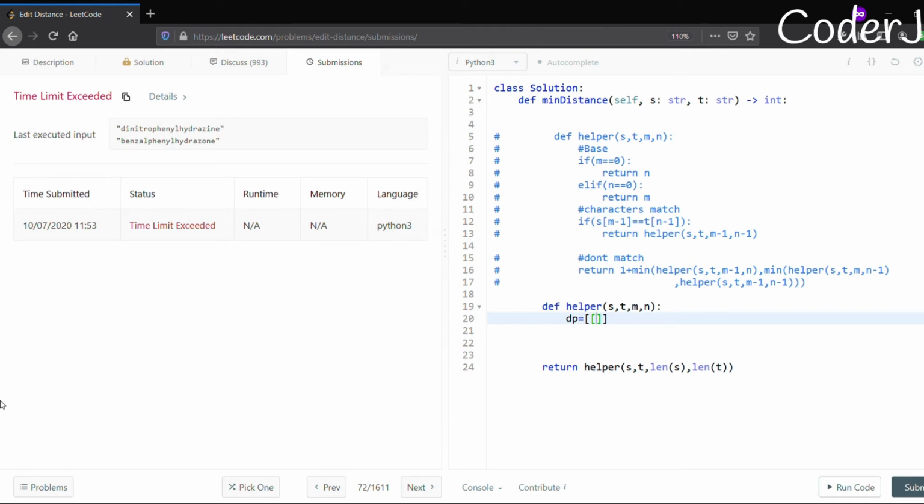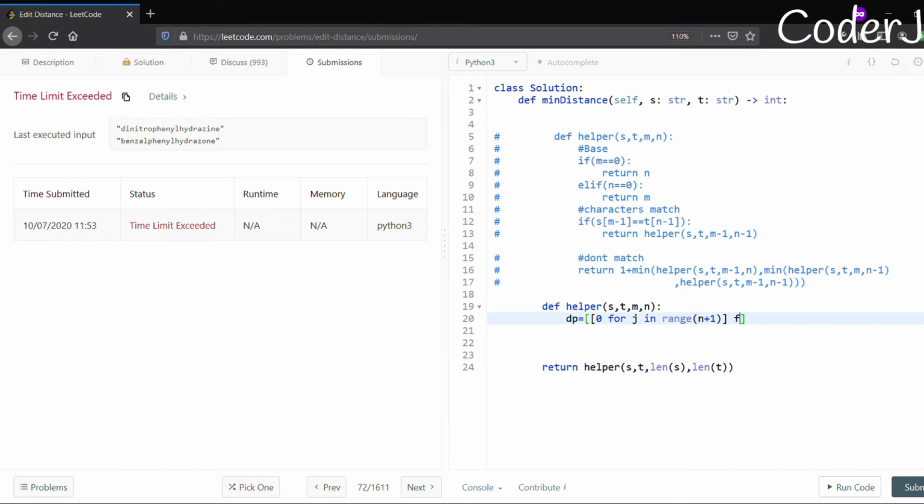It is determined by how many parameters are changing in the recursive call. So in the recursive call, I think two parameters are determining the changes, that are m and n, right? So that is exactly the number of dimensions that my table will have. So let me just make my table for j in range of n plus 1, not n but n plus 1. Why? Because the last index will show my answer, right?